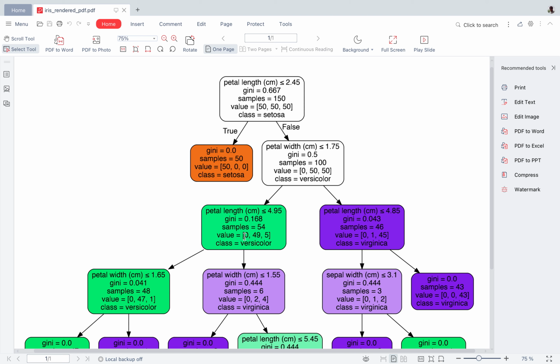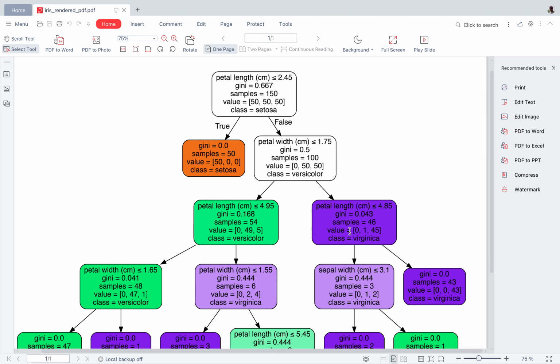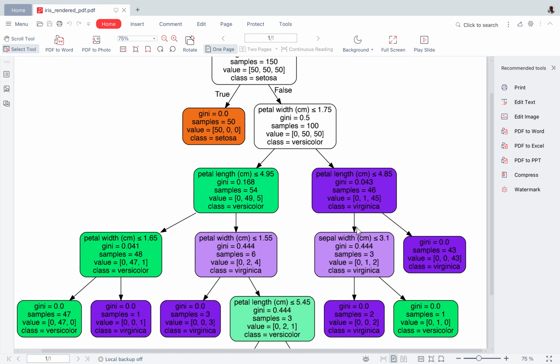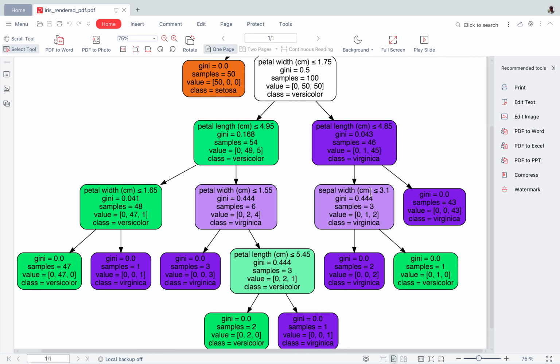Here, if you see, out of 54 values, 49 are versicolor. So that's what it is predicting for this node, right? Even if we stop at, let's say, depth 2, the second depth itself, we have a reasonable prediction here, right? Out of 54, 49 are versicolor, so we can actually go with that prediction. Of course it's less accurate, but still, instead of going too much deeper, sometimes it's always good to cut it off if we have a good amount of probability. So those kinds of things we can see, how do we control that.